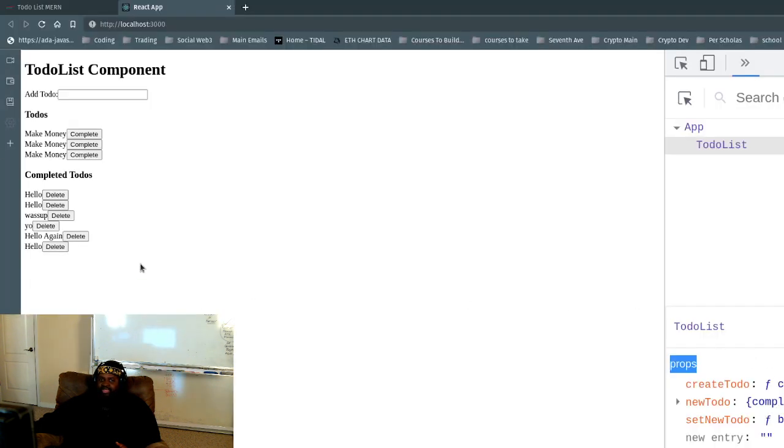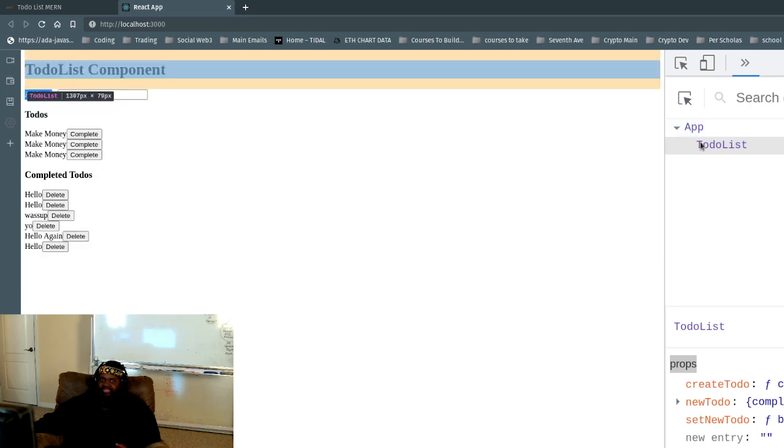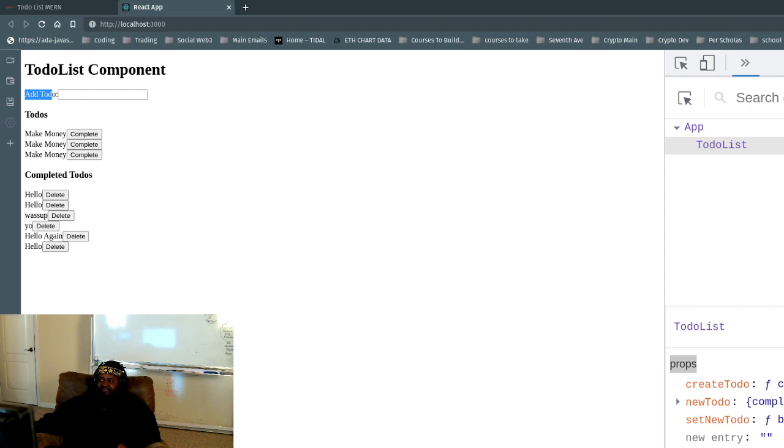So if you look down, you see the to-do list component doesn't say anything. I see add to do here. That's the one from the app.js. And if I go ahead and save that file now,